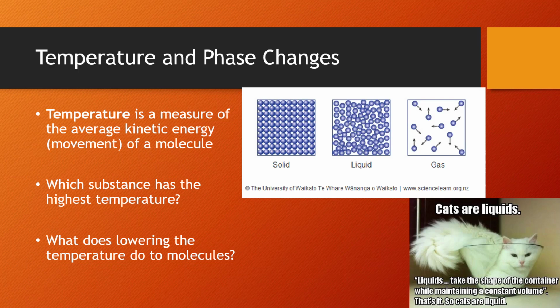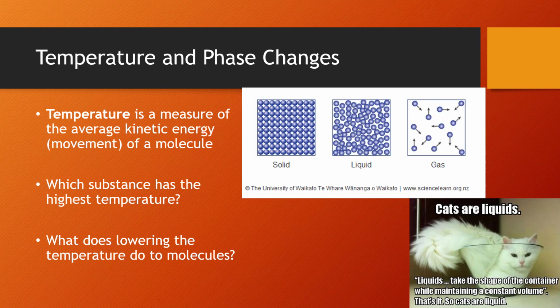So you can see these little blue things. That is a bunch of molecules that are all packed together in a solid. They have low kinetic energy. They are not moving. If we took a bunch of marshmallows and packed them into a box, on the bottom of the box only, that would replicate a solid layer of marshmallows. If we started sloshing them back and forth such that they have a higher rate of movement, that would be a liquid. If we close the box and just shook them very quickly, they will have the same volume of the box. Basically, there will be marshmallows in every bit of the box at some point in time,